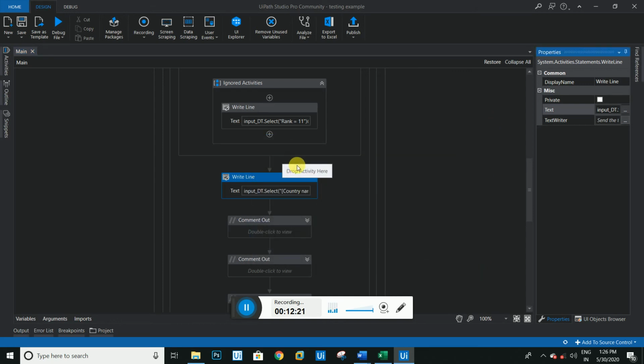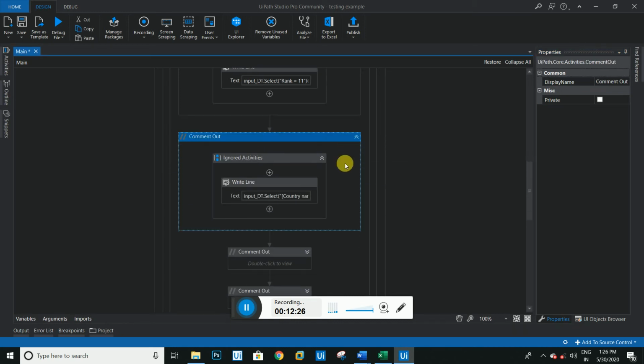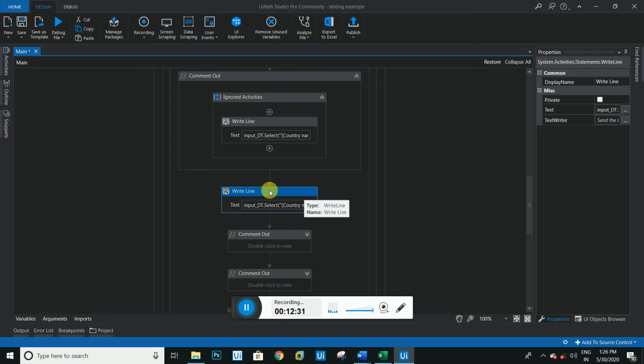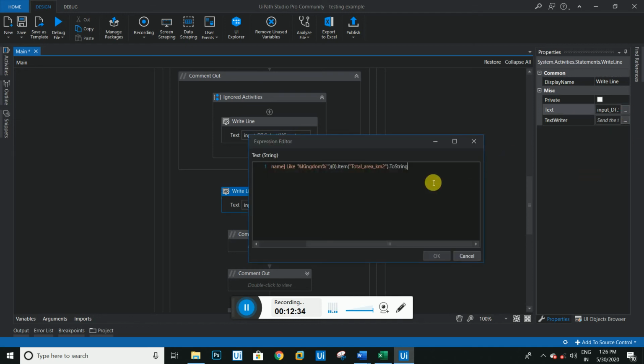So let me disable this activity, Control D, and move to the other activity. Here I have to enable it, Control E, and I will show you this one. Now guys, here I have to explain how to use the like syntax in this select statement, as we used before in SQL, if you have a little bit of idea about SQL. The like syntax finds the value as we mentioned here, with the exact starting or opening values.